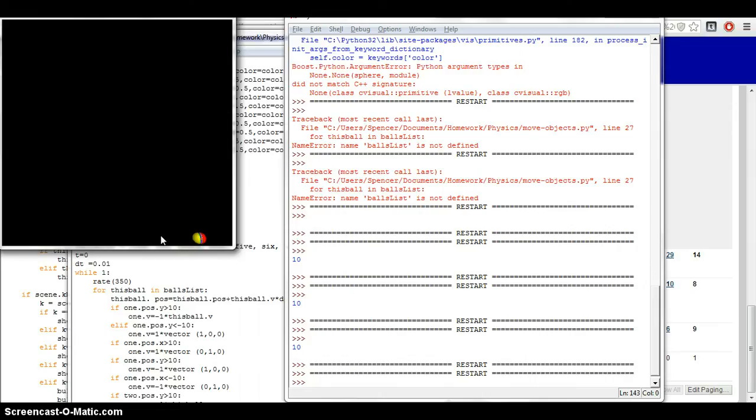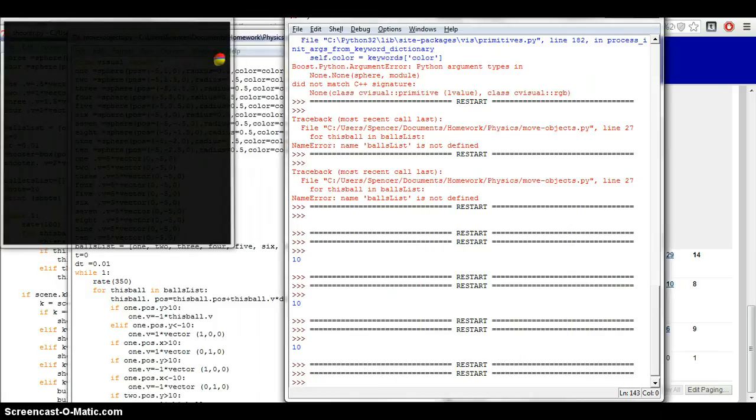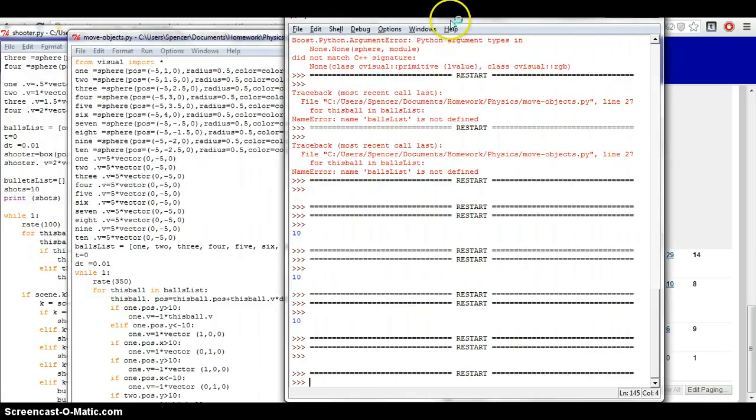But it looks like it's working, so I was pretty excited, because for the longest time they would just sit in this line and they would just not move. They would just sit there. I'm like, I got the vectors in there, I got their velocity, I don't know what the heck's going on, but finally got it to work out. So I was kind of a happy camper with that.